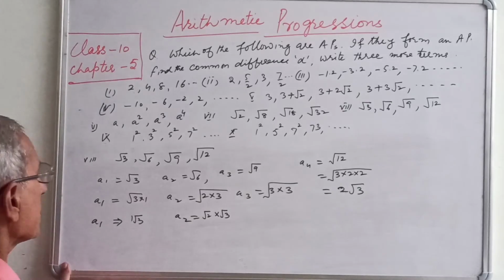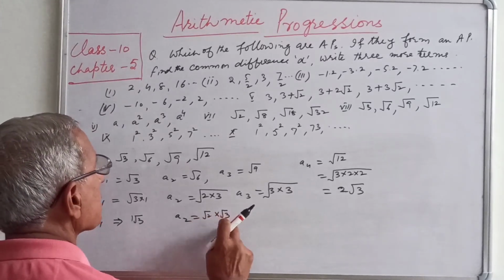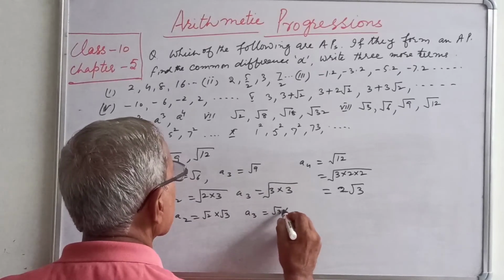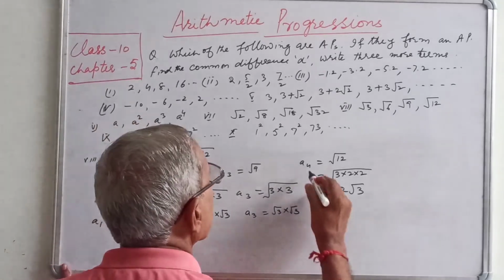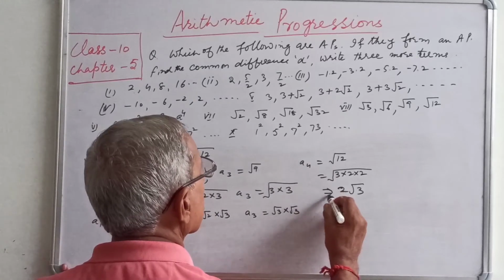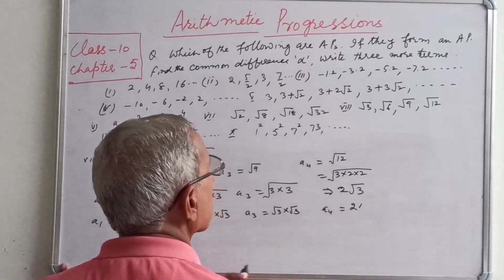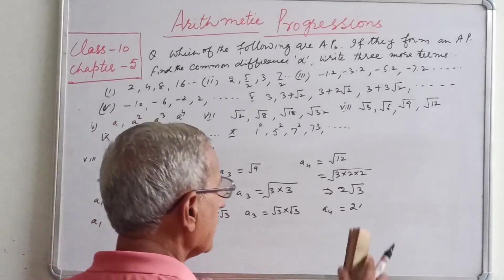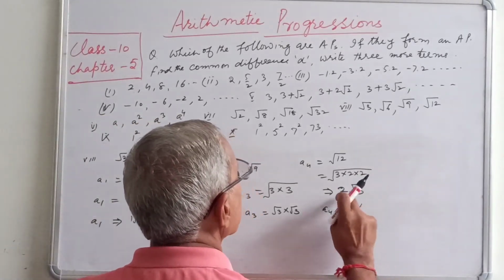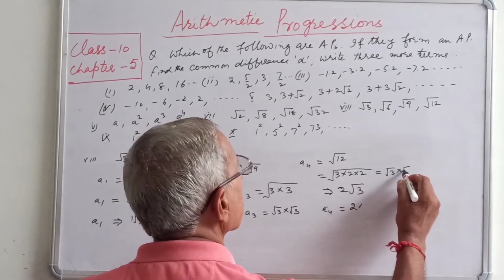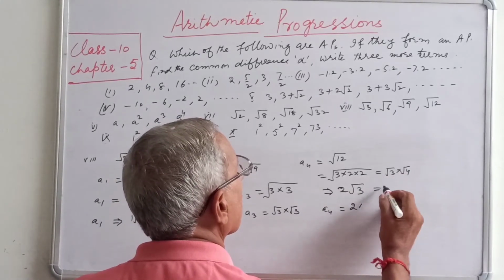A1 is 1 under root 3, A2 is under root 2 into under root 3, A3 is under root 3 into under root 3, and A4 is 2 into, अगर इसे हम अंडर रूट के फॉर्म में ही लिखे तो वो बनेगा, इसको अगर हम पेयर को बाहर ना निकाले तो हो गया अंडर रूट 3 इंटू अंडर रूट 4,